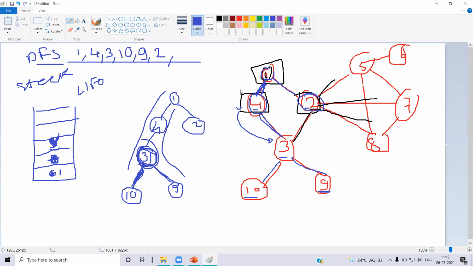From 2, you can see that there are several neighbors: 3, 8, 7, and 5. 3, if you observe, has already been visited.